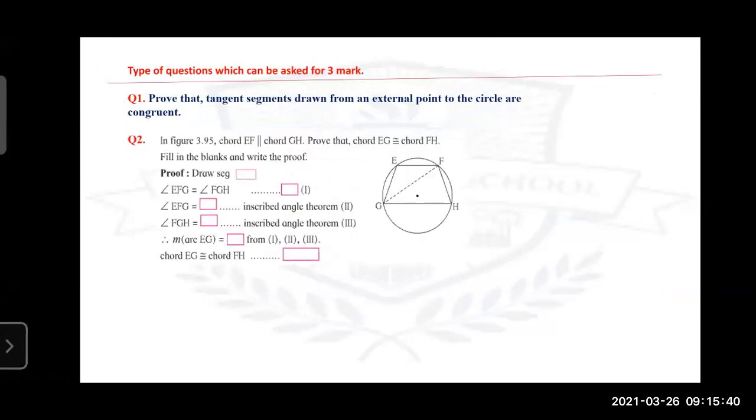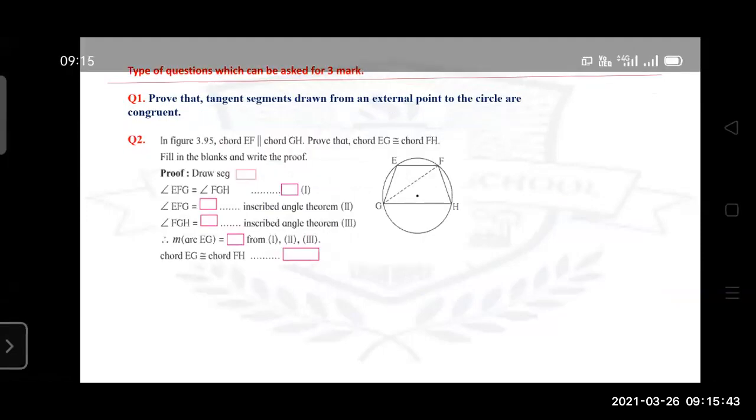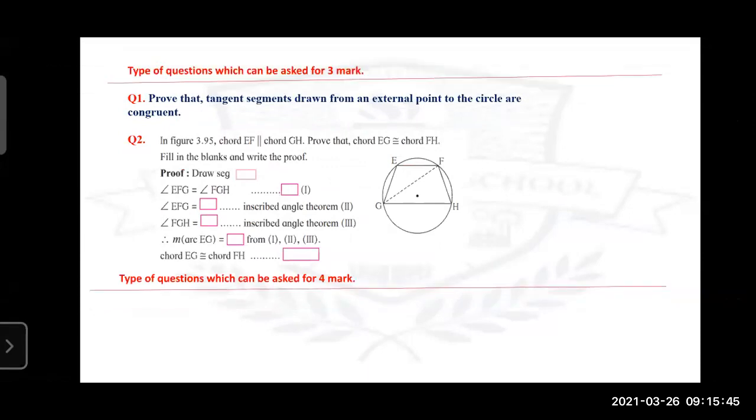The question which can be asked for 3 marks: Prove that tangent segments drawn from an external point to the circle are congruent. External point. Complete the following activity. Okay. And for a 4 mark question,